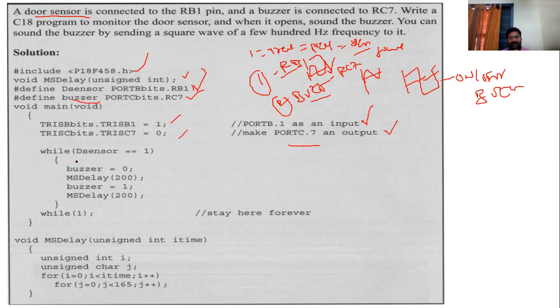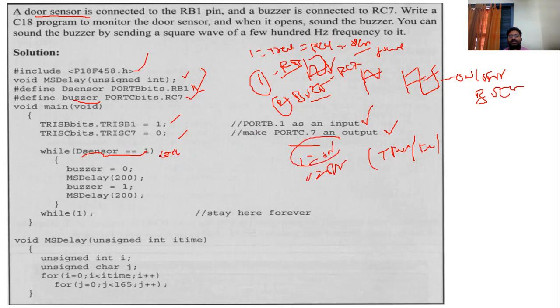What is the condition here? A simple while condition. Here you only have the condition: sensor is equal to one. With while we are only using true or false cases. While the sensor is equal to one, where one is on and, suppose, zero is off. You know that very well.